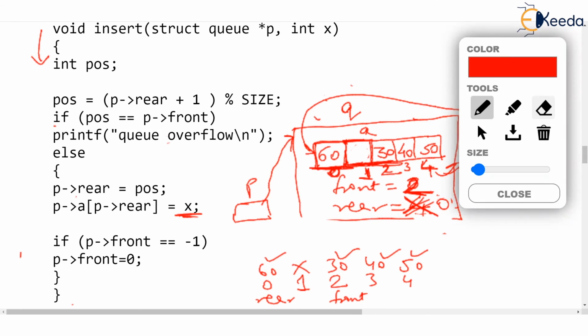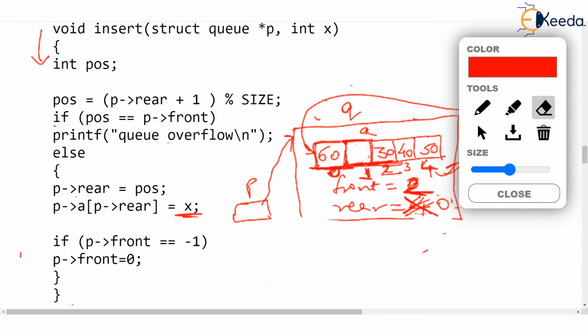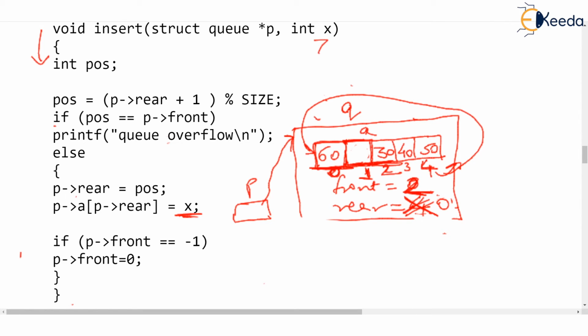So very quickly, you help yourselves in executing insert one more time. What if you insert 70 in this queue? Is there any place? Yes, of course, there is a place. The queue is still not overflown. What will be the pos calculated? Be very careful in substituting the values. Rear plus 1 now is 0 plus 1. Come on, check that box. Rear is 0 here, isn't it? Rear is 0. So 0 plus 1 is 1. Percent size, size is 5. So 1 % 5 is 1. So the position of insertion is 1.